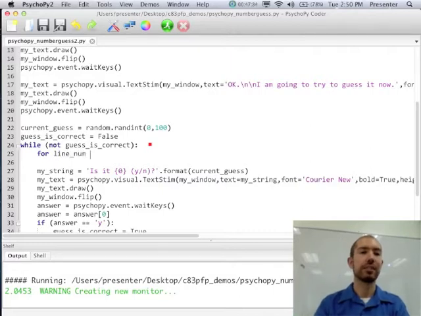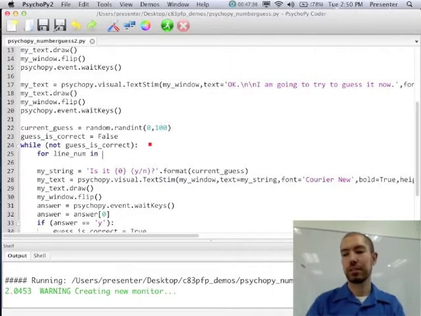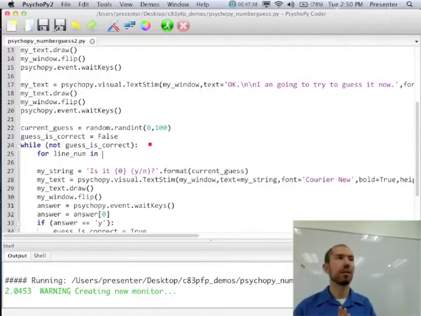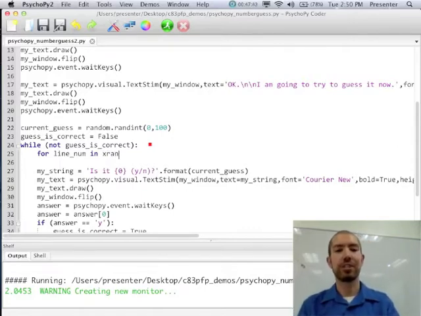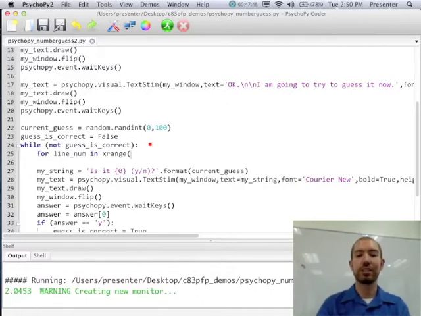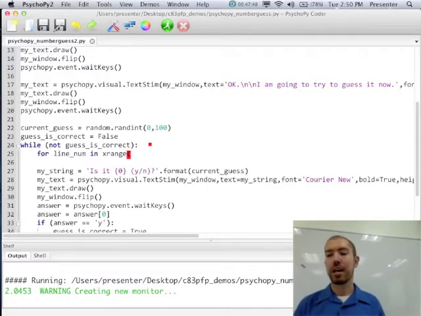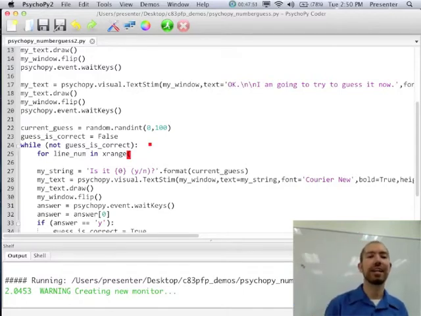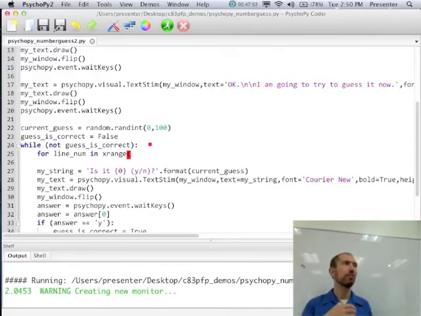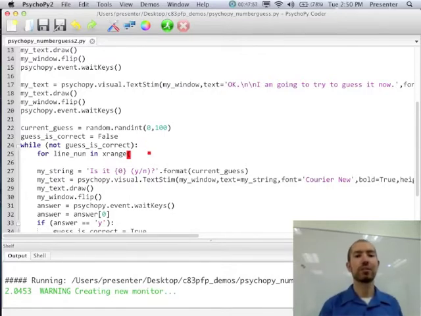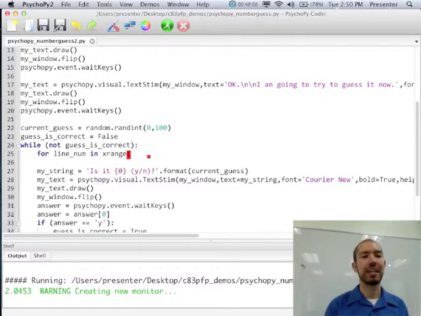We'll call it line num, okay? And if you remember, hopefully you've looked at the problem set. Before we said range, now for various reasons we're going to use xrange. That's part of your homework, is answering why. So if we're drawing a line for every guess, if the guess is 50 and we want to draw 50 lines, what's the quantity that I'm going to put inside xrange here?